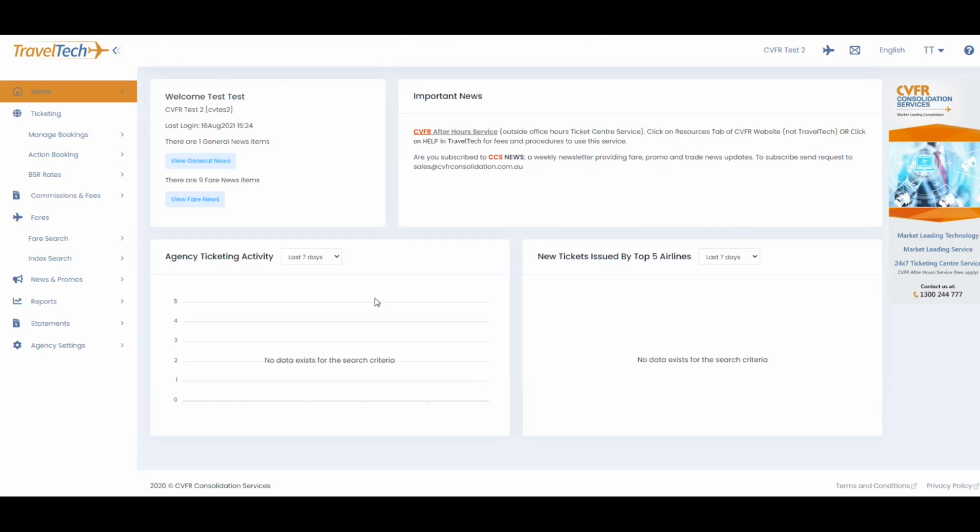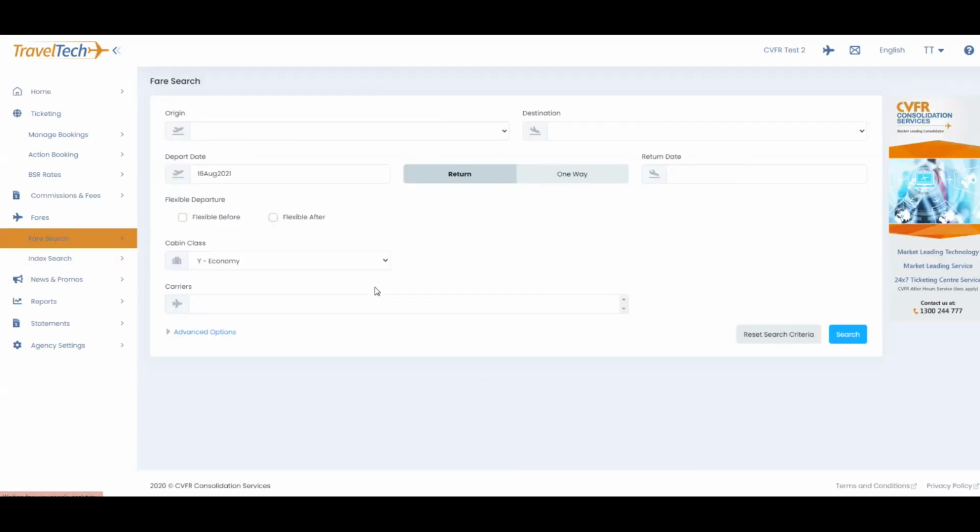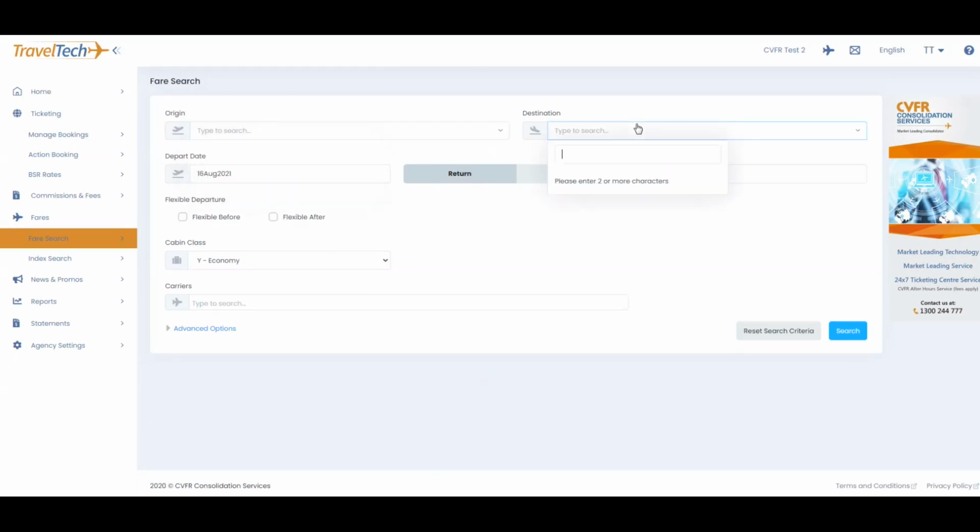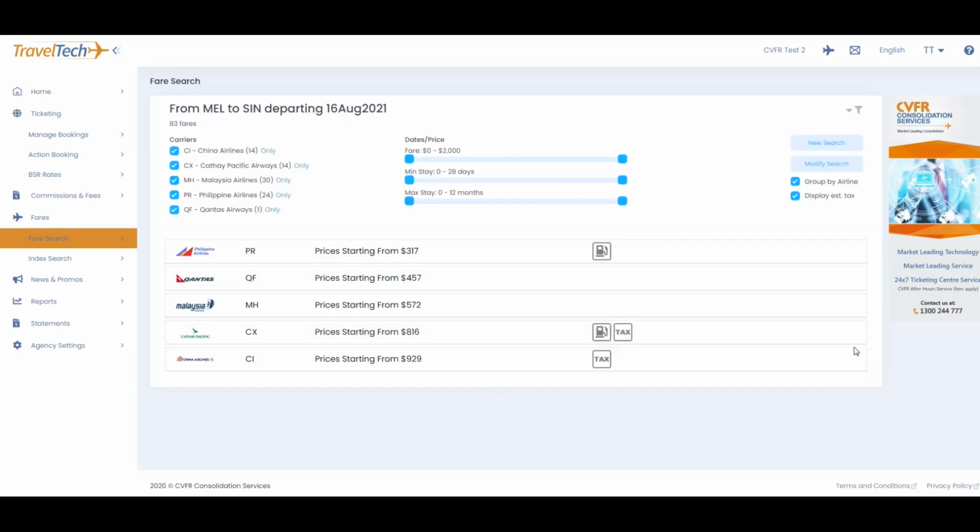Travel Tech has all the features to make ticketing a seamless process. Travel Tech Fares enables travel agents to find the most competitive fares for all the major airlines in as little time as possible. To search fares, enter your desired destination and your origin with departure and return dates. Then view the fare details from the lowest to highest possible fare available from all the major airlines updated in real time.